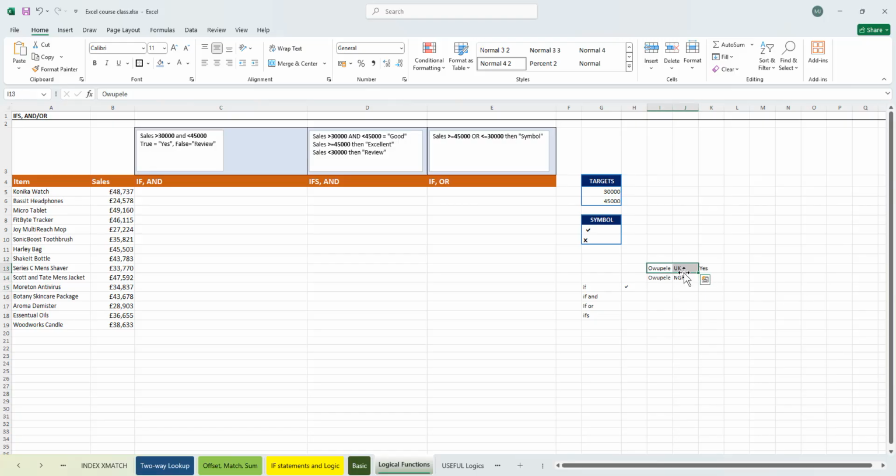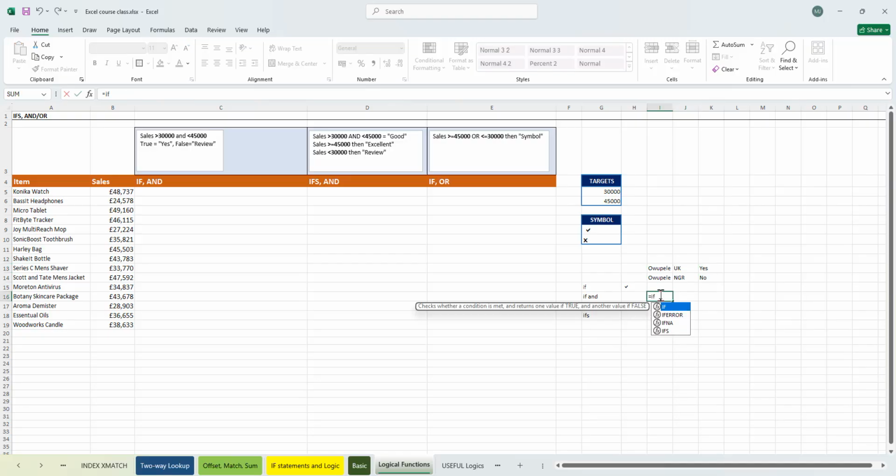It helps you to join two or more conditions together. You can use it for more than one condition. So now if you're trying to join two conditions together, you need an if and function. So let me now write that function for using this. I'll say equals if. I'll now use the word and again, and open my parentheses. And I say what is my logic one? My logic one is that if Oupele